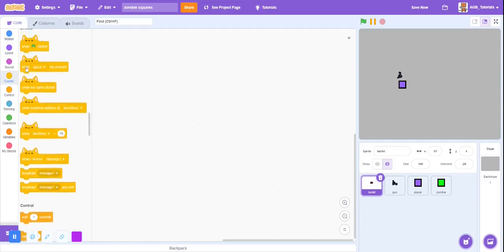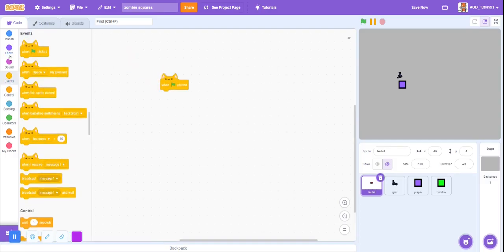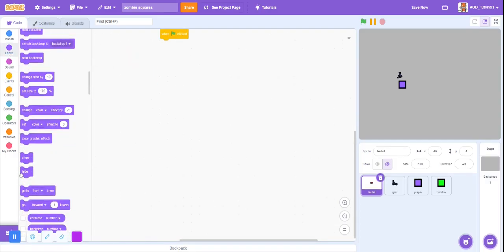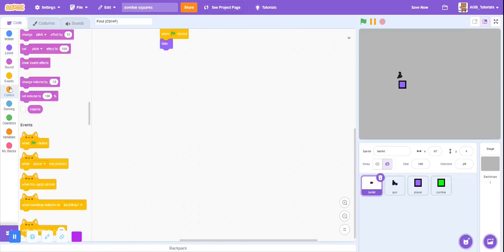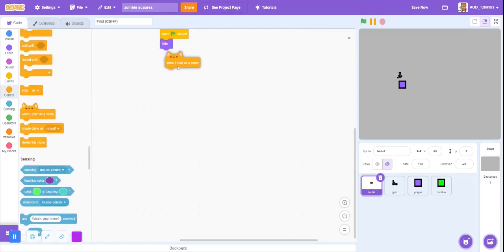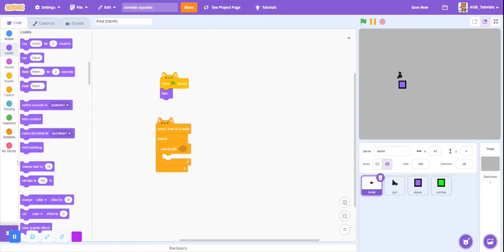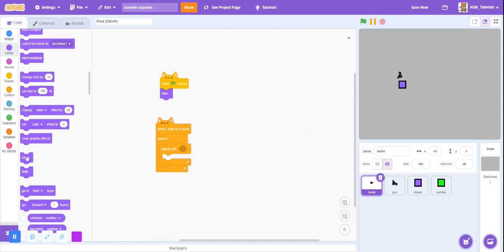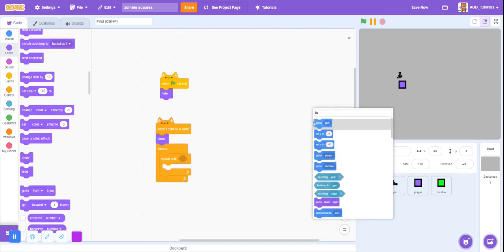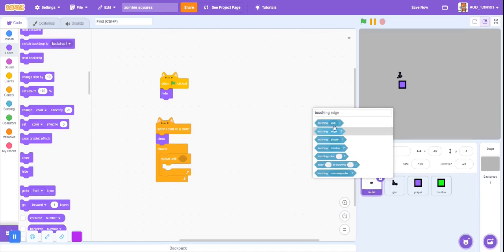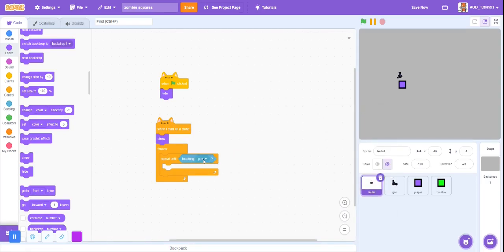Go to the bullet sprite, get an event, get a when green flag is clicked, get hide, go to controls, get when I start as a clone, go and get a forever loop, get a repeat until, wait, actually this could go beneath the when I start as a clone, and then just take touching, not a gun but touching the zombie,